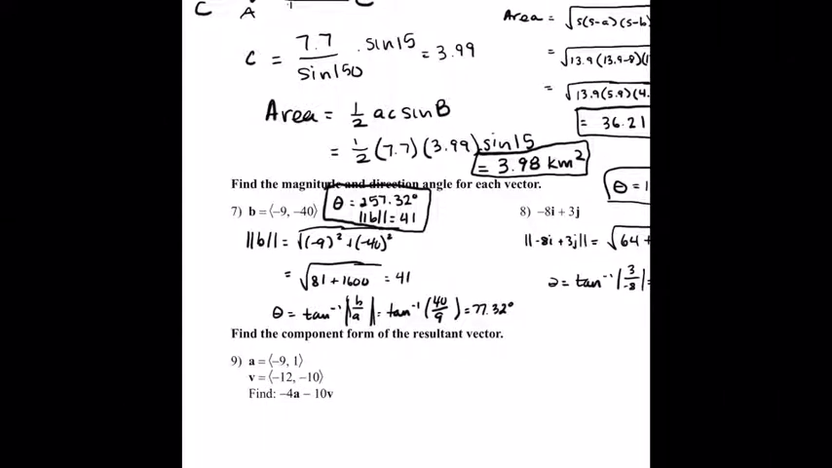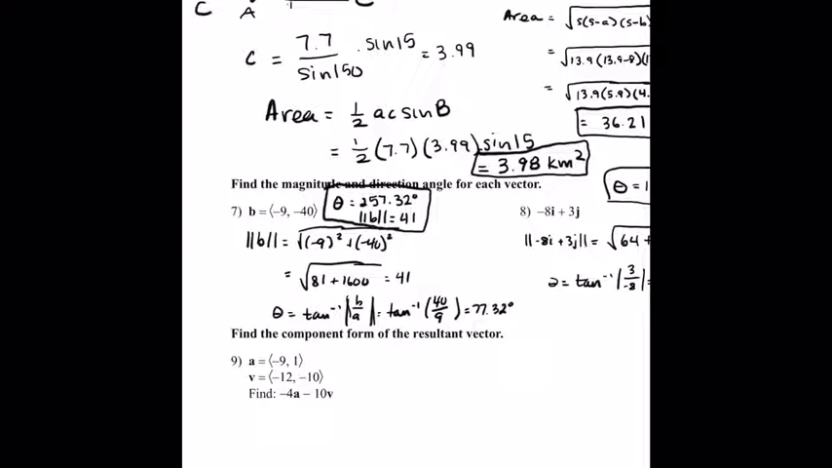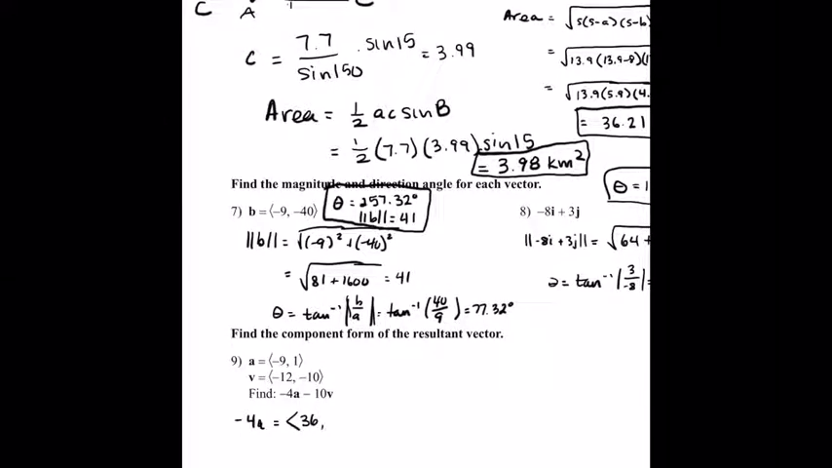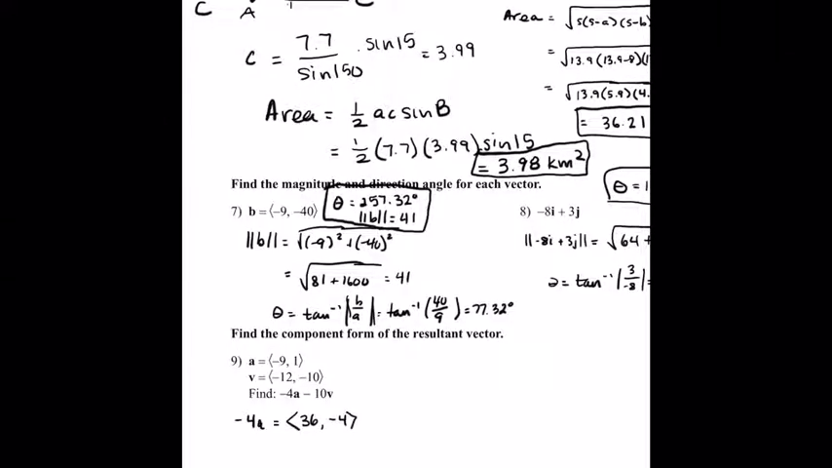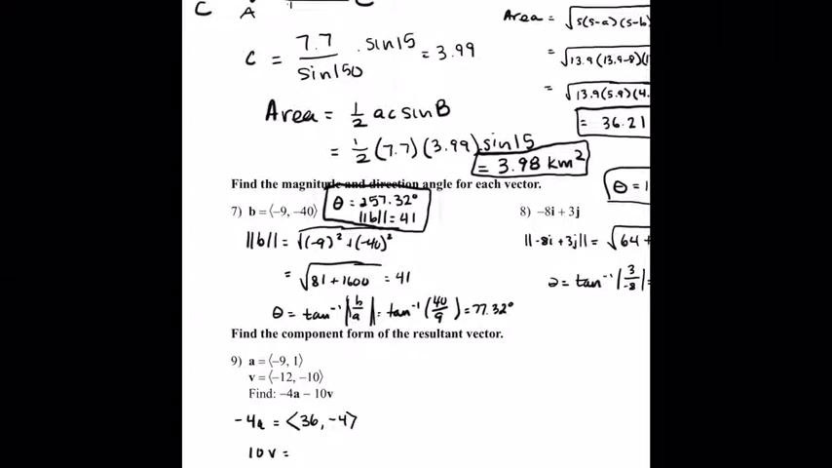So question 9, this is from, again, section 4.3. The learning target here is performing operations on vectors. The resultant vector just means, once you perform these operations, the vector that results from performing these operations. So first I'm going to do -4 times a. If I multiply all the components of a by -4, I'm going to get positive 36 and a -4. And then if I do 10 times v,